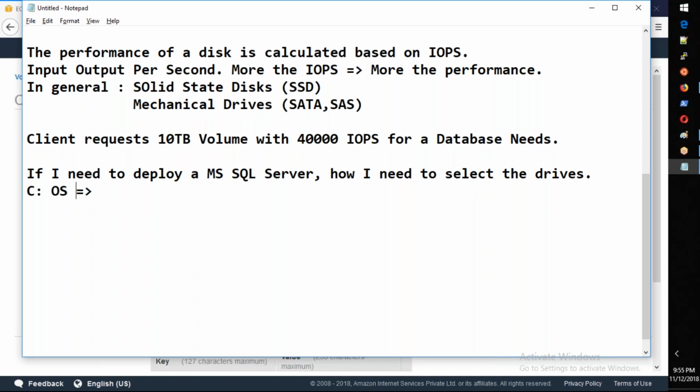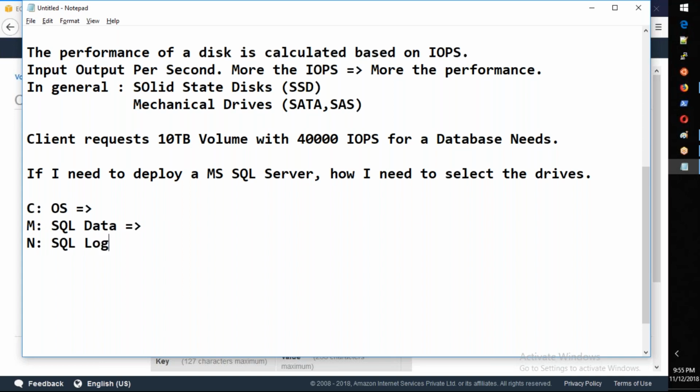Okay, so you also need to have a D drive, which is basically data or SQL data, and let's put like this, M drive for SQL data,